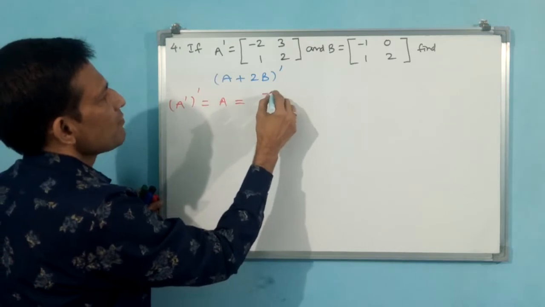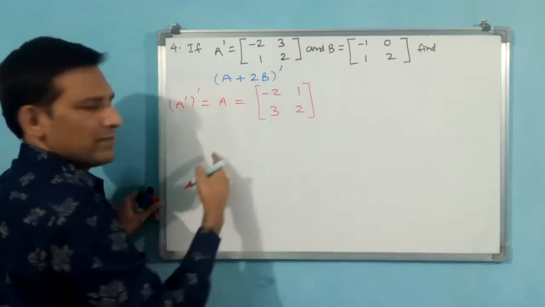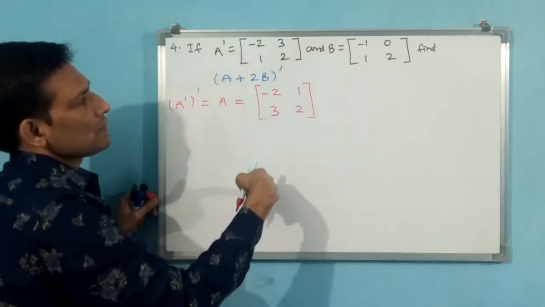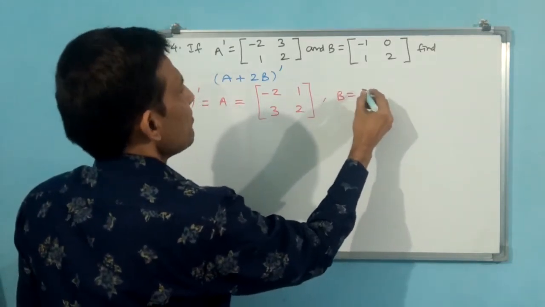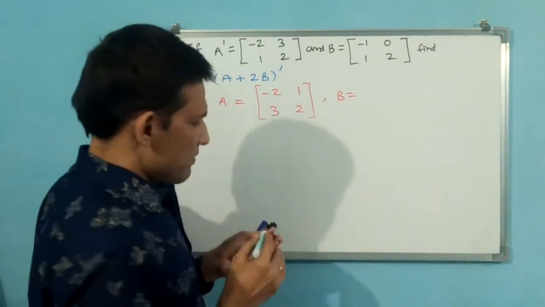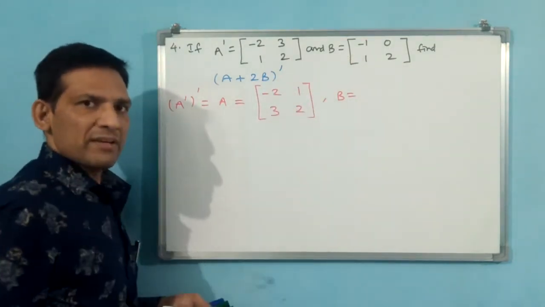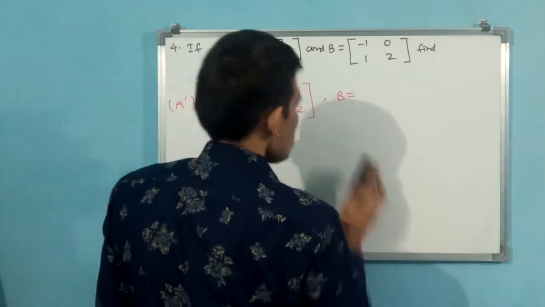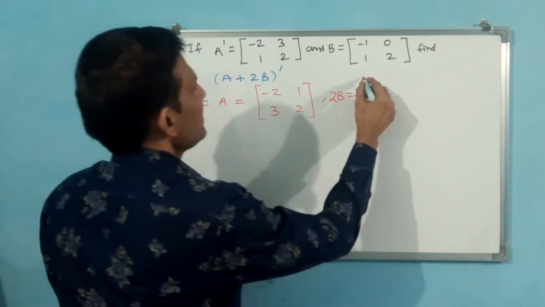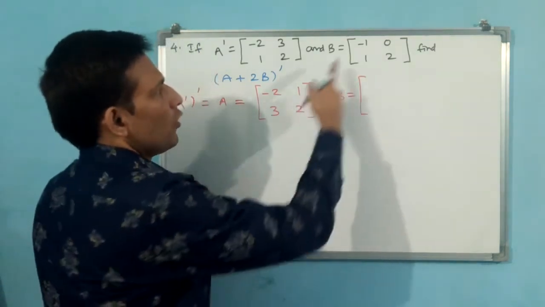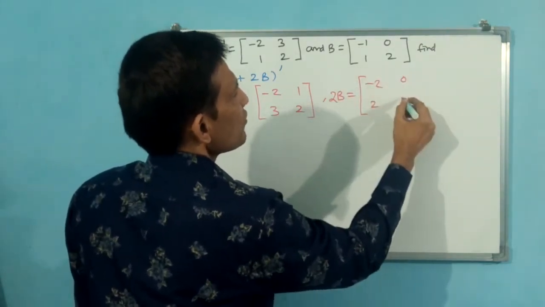Okay. Now what you are doing? Minus 2, 3, 1, 2. This is 2 by 2. You did not write arrows, what I feel. Okay. Minus 2, 3. First row, first column, second row, second column has become. Now see, directly see B is there in front of you. Why can't you make a scalar 2B directly? Write 2B rather than B. I am writing 2B. You see 2B directly. Okay. Why? Because this is 2 by 2, very easy. Minus 2, 2 into minus 2, minus 2. 2 into 0, 0. 2 into 1, 2. 2 into 2, 4.